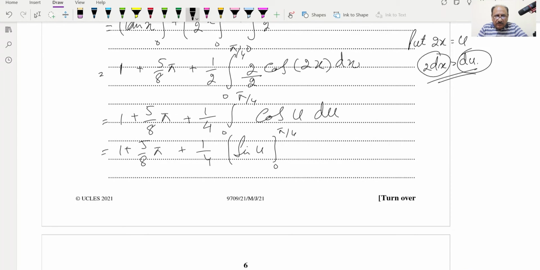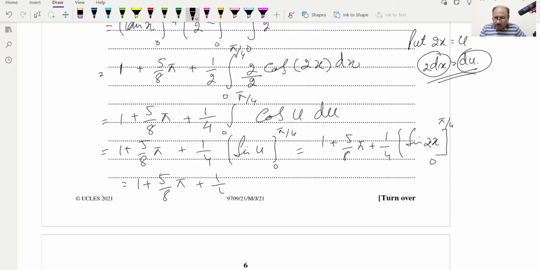So basically we will replace this 2x first. So we can rewrite as 1 plus 5/8 π plus 1/4 into sin 2x, and the limits will be 0 to π/4. Now if we replace the limit, 2 into π/4 will be π/2, so sin π/2 is 1, so our final step will be 1 plus 5/8